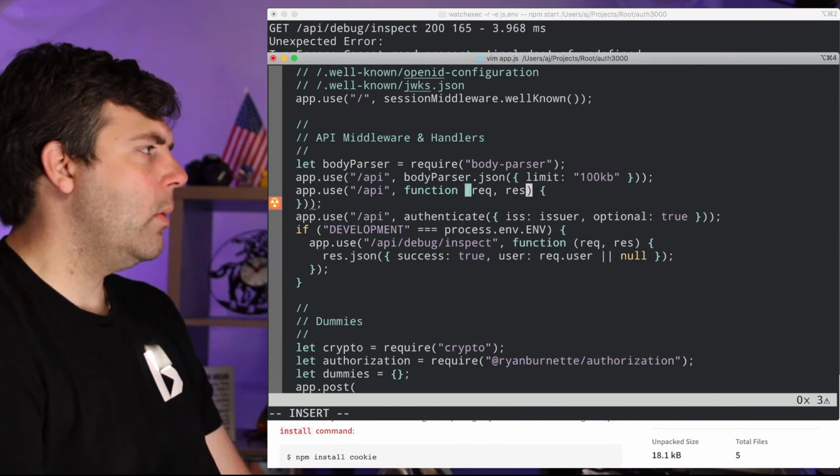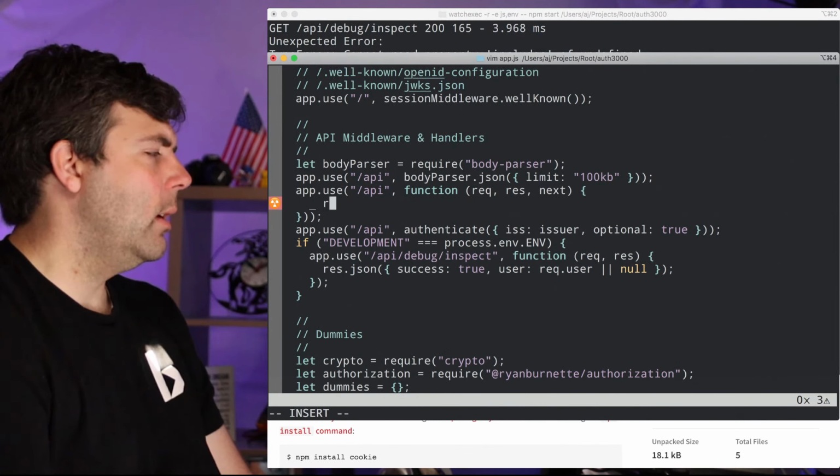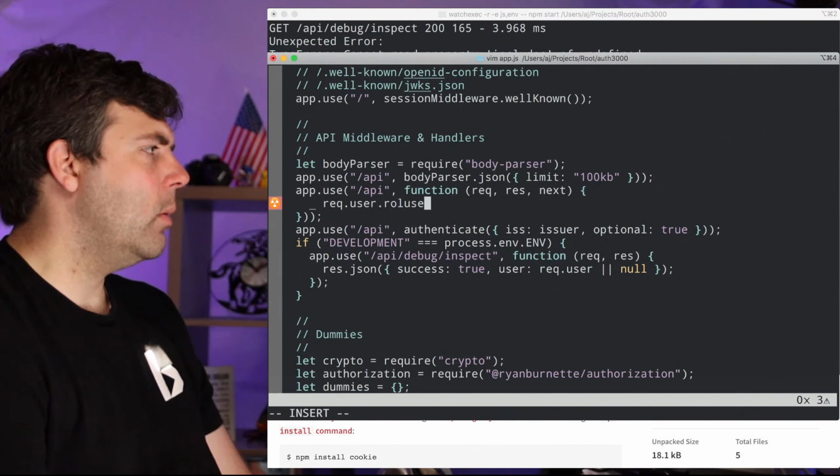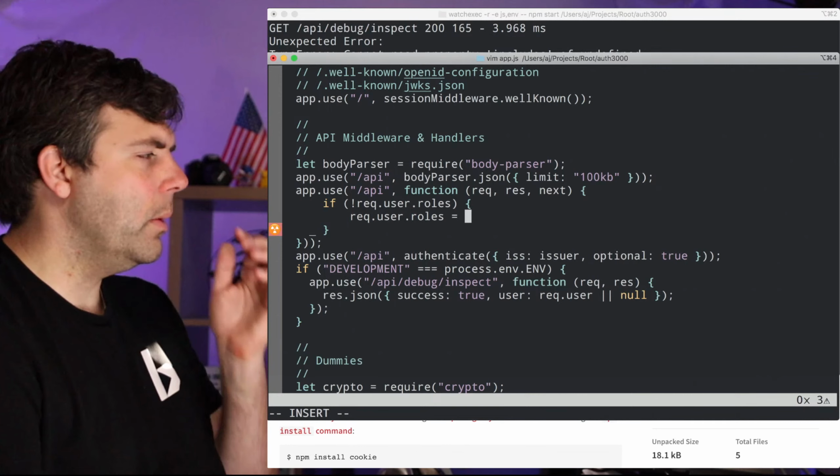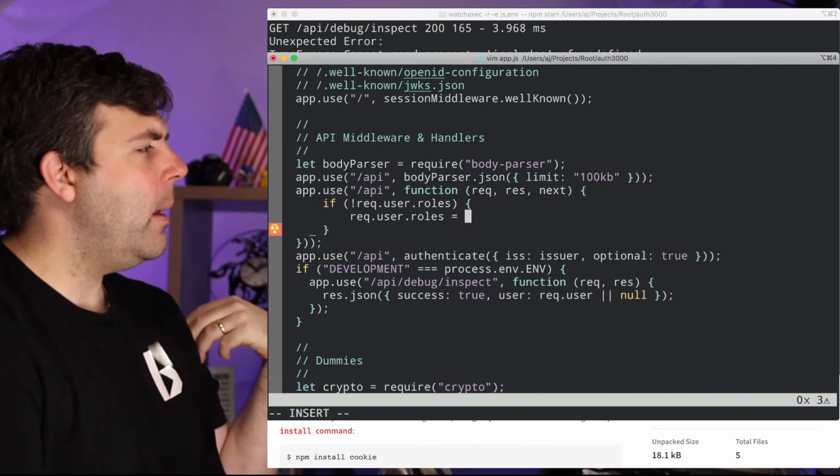So req, res, next, and then req.user.roles, oops. If not req.user.roles, req.user.roles equals